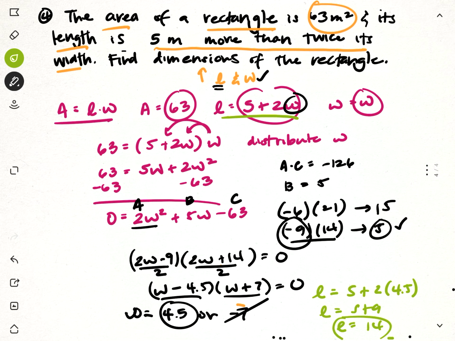Okay, so now we have the width and we have the length. We know we're done. It's a little bit messy, but it's using skills that you already know, and it's working with the area of a rectangle. And we showed a little bit more steps than maybe usual, but I do like to show that setup part where we identify all the information we have and write them as variables, so that once we start plugging them in and putting them together, it's a little bit easier in this step here. Other than that, it's just working through it like you were doing before. All right, make sure that